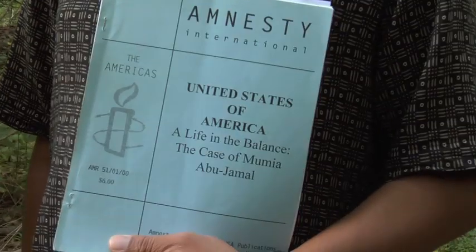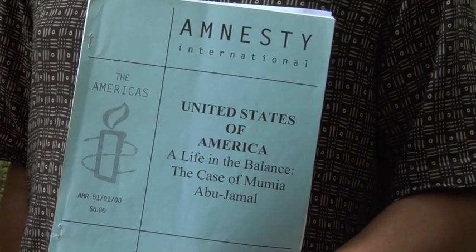With all of that evidence and the lack of the bullets, we think that this test raises a question whether both those witnesses were lying, and probably that they were coached to lie because of the similarity of the statements that they did make. Amnesty International in February of 2000 issued this report,